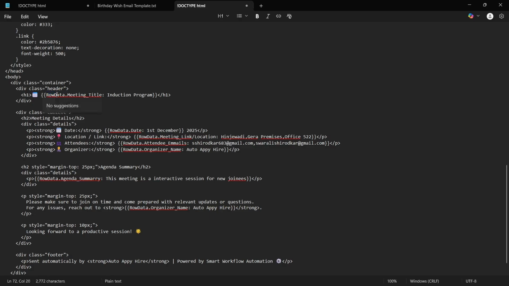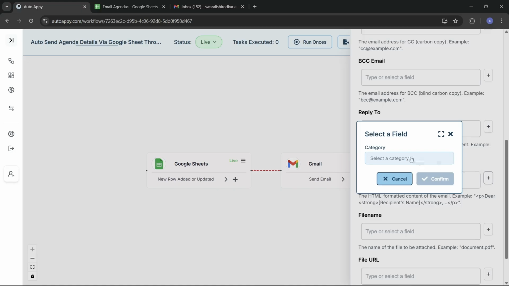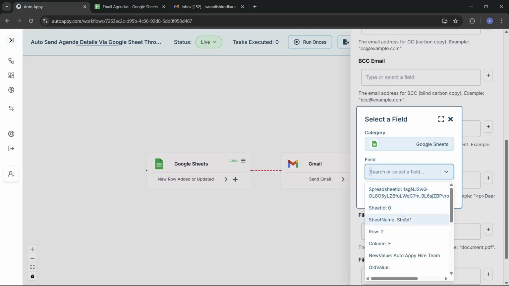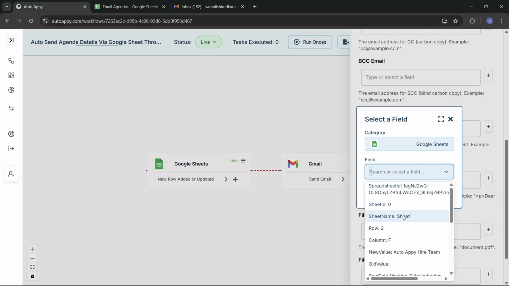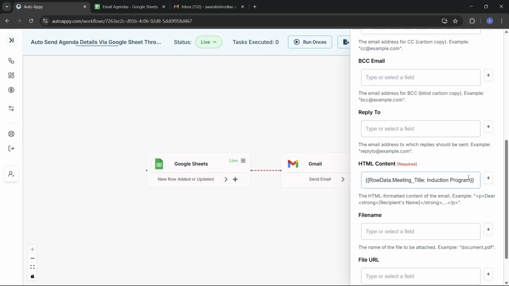So here, let's map this JSON value. So it is telling us to map the meeting title. So we'll just backspace this, go back to AutoAppy, and in here you can see that there is a data mapper with the plus icon. So here we need to go to Google Sheets, that is a previous application or the node. From the category, just select that, and in here you will have to go and select the meeting title. So here it is. So just say confirm and say copy,